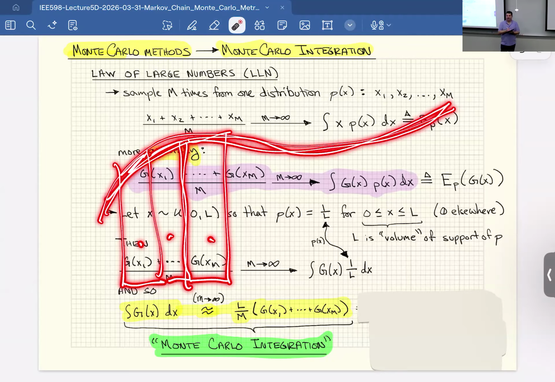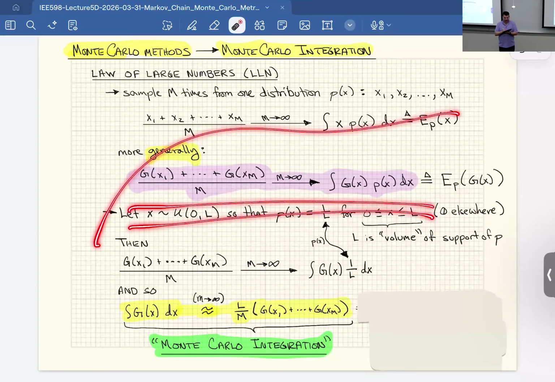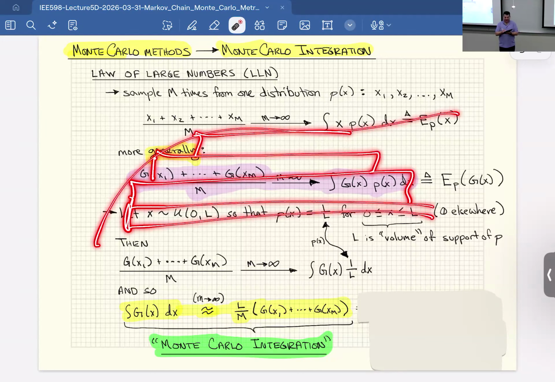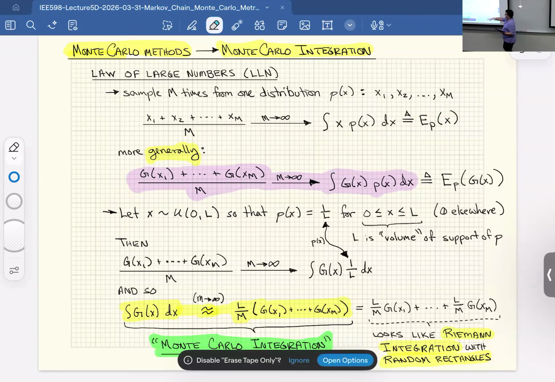That's Riemann integration. And then if you took a more sophisticated calculus class, you might have learned about Lebesgue integration, where the rectangles now go this direction instead of the other direction. So the idea here is adding up rectangles. Well, this is kind of adding up rectangles if you think about it, but the rectangles are just positioned at random points. So we can break this up as, well, this